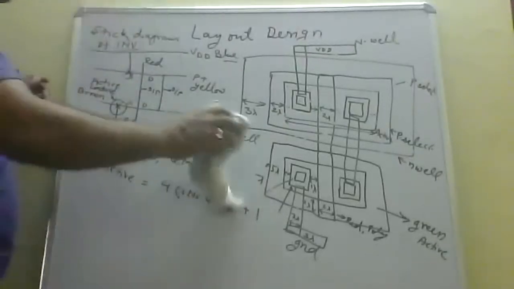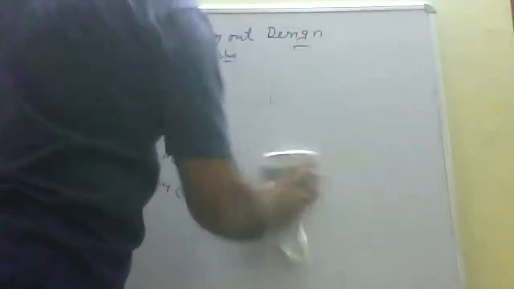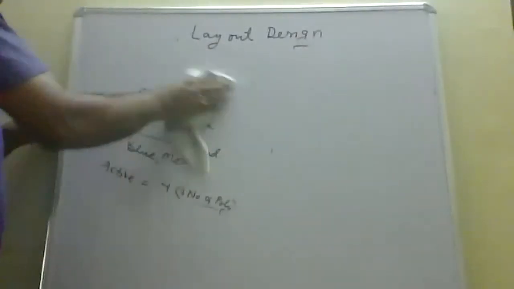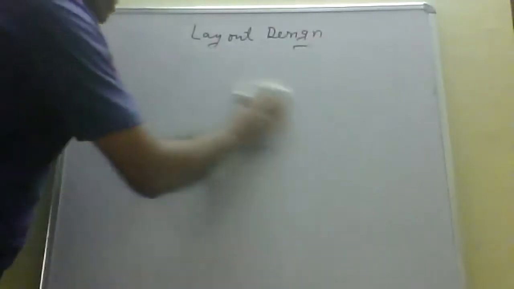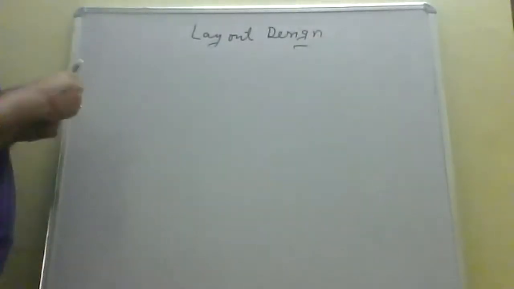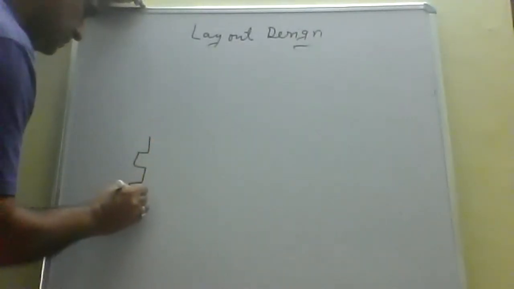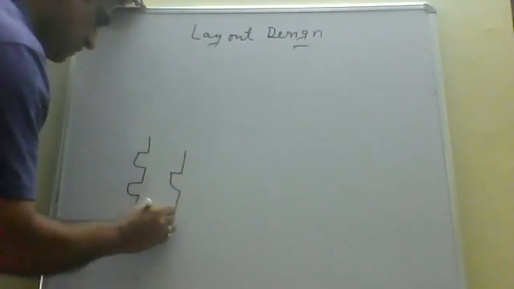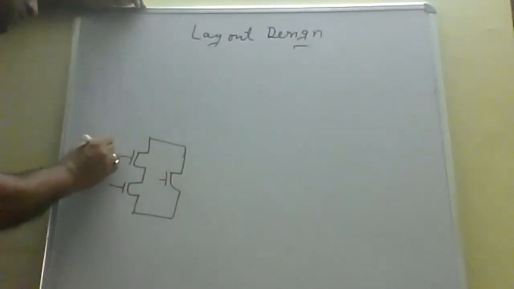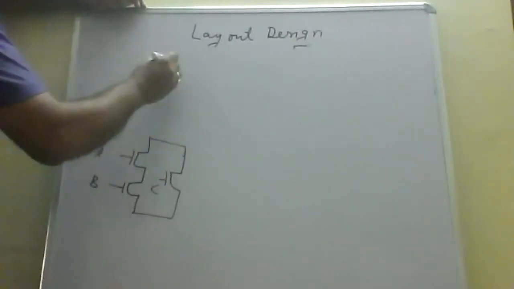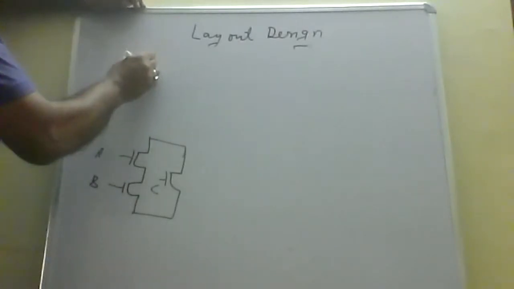So after this, as I discussed right now, if there are more than 2 polys, then how do we find out the stick diagram? First of all, we take one circuit for this. The circuit is like this. Here are A, B, and C. This is the NMOS. So PMOS will be just the dual of this. A and B are in series, so here it will be in parallel.